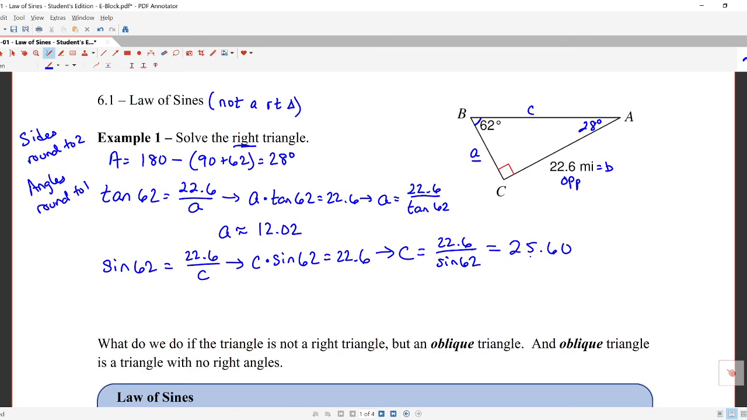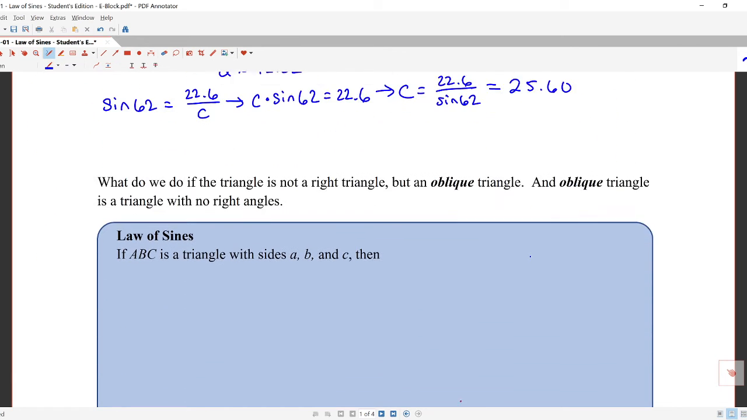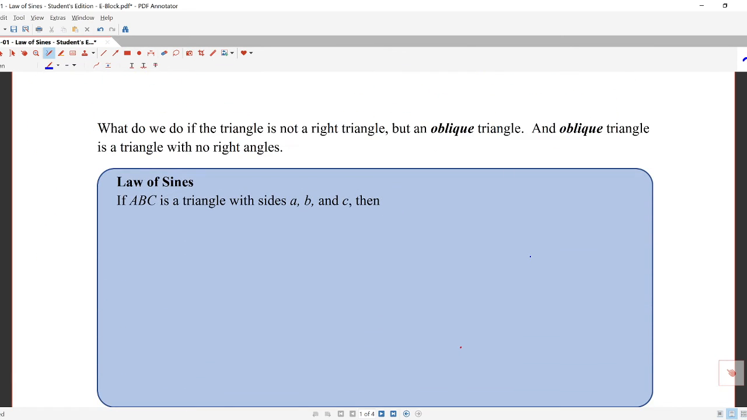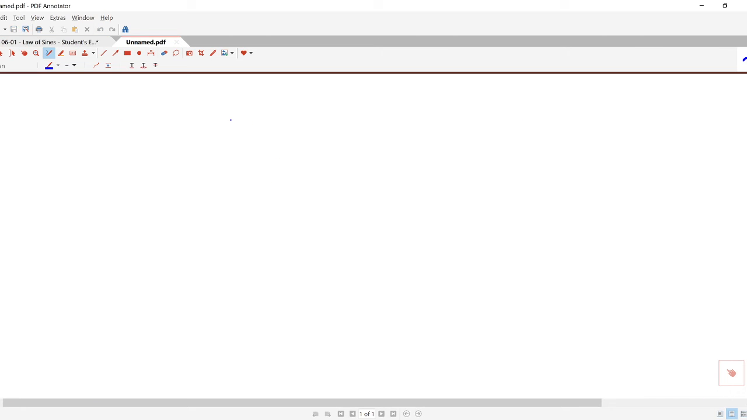Now, like I said, what happens when the triangle we have is not a right triangle? Well, in that case, the triangle has the characteristic or the term of being oblique. An oblique triangle is a triangle with no right angles. So in that case, SOHCAHTOA doesn't work. Right? In that case, we can use the law of sines. To give you just a little bit of an idea where the law of sines comes from,